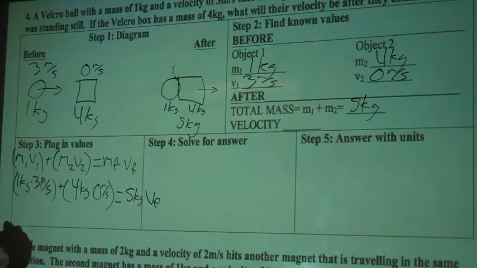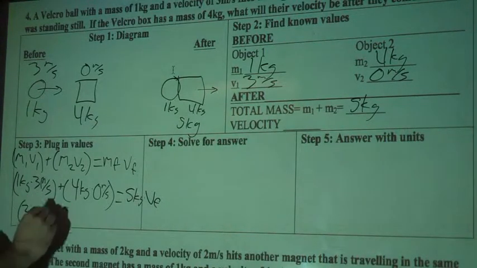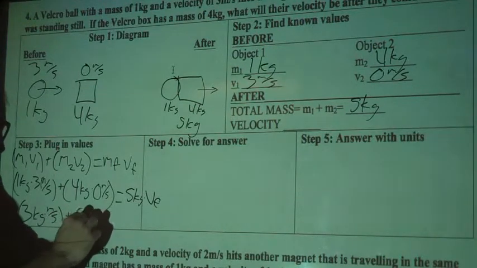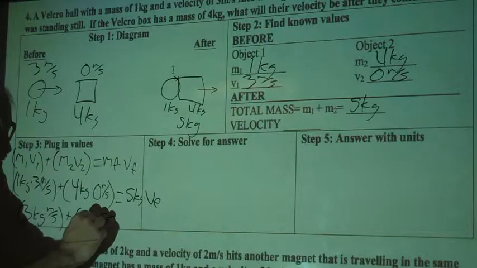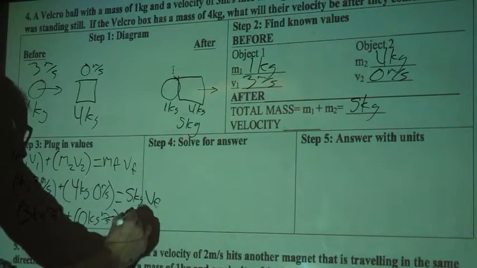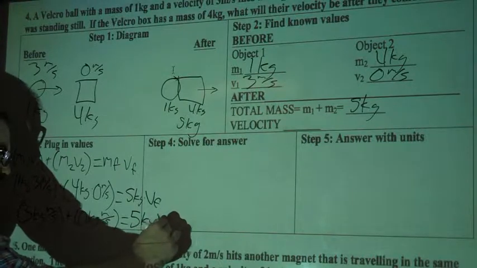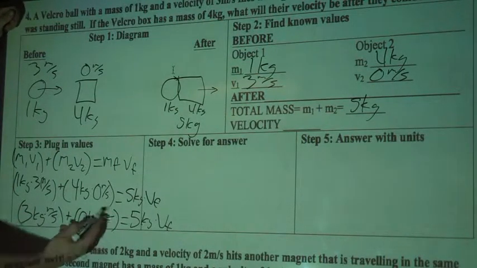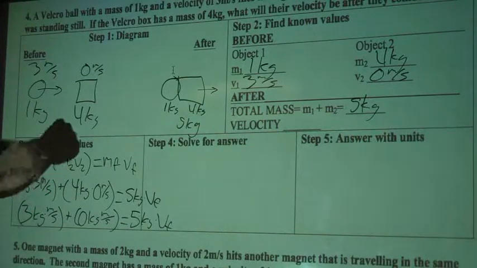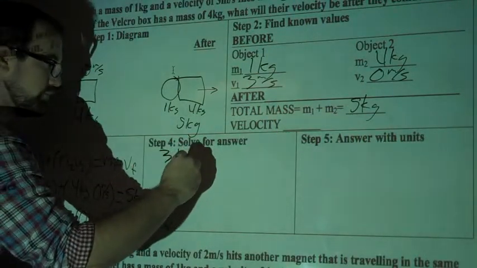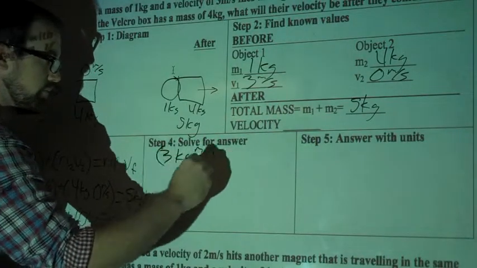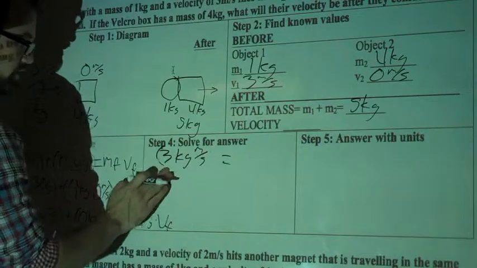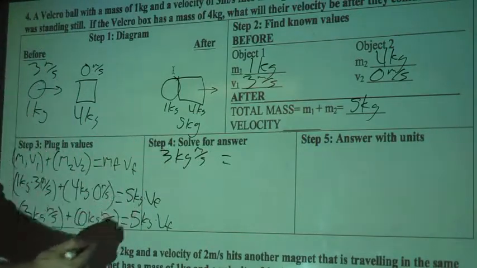Alright, so 1 times 3, we'll do this down here, that's going to be 3 kilogram meters per second. And then 4 times 0 plus 0 kilogram meters per second. And that still equals 5 kilograms times VF, my final velocity. Alright, so solve for the answer. I'm going to rewrite this up here. I'm going to get rid of the 0 since there's nothing there. So 3 kilogram meters per second equals, and I don't need the parentheses there, 5 kilograms